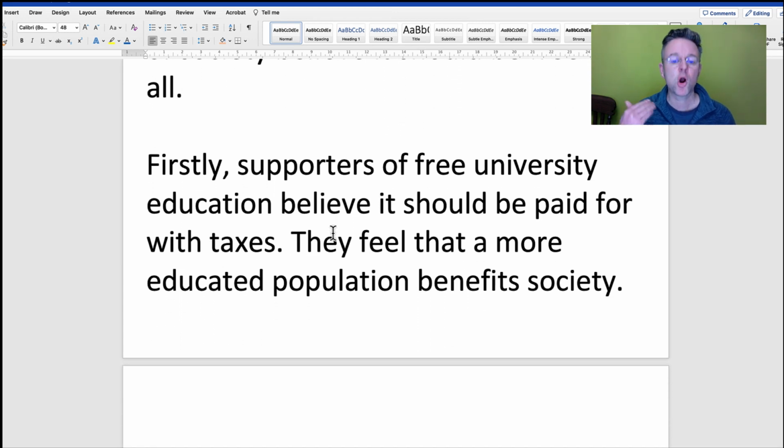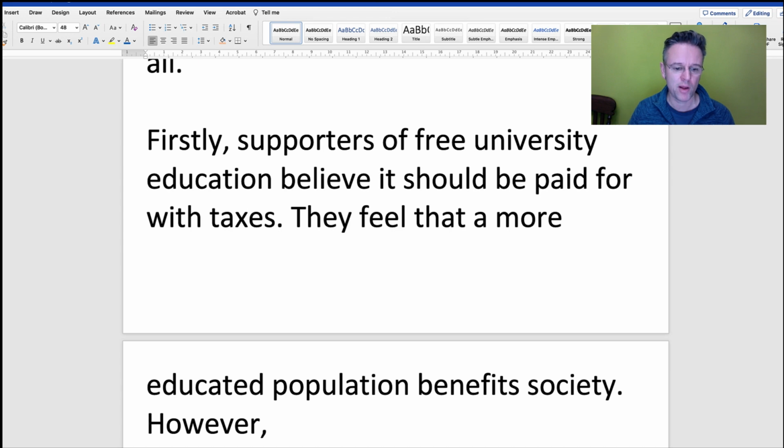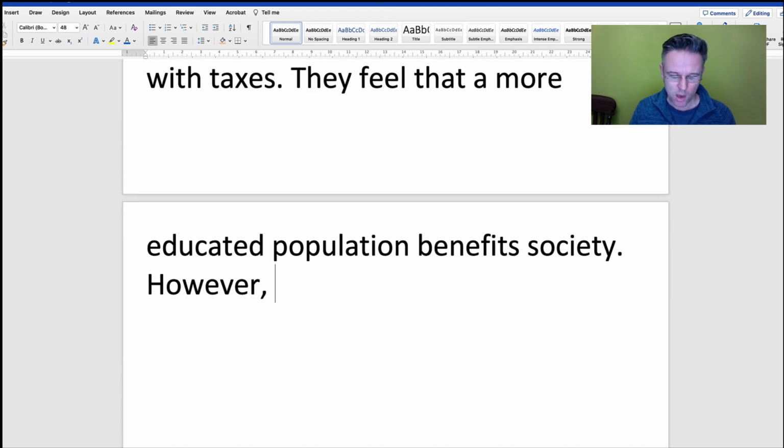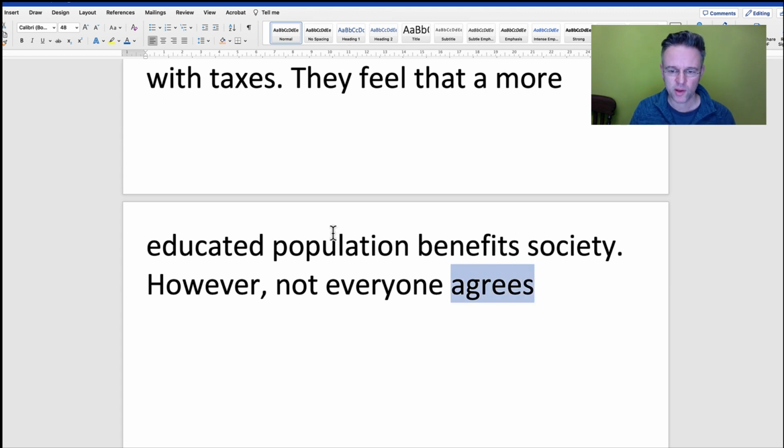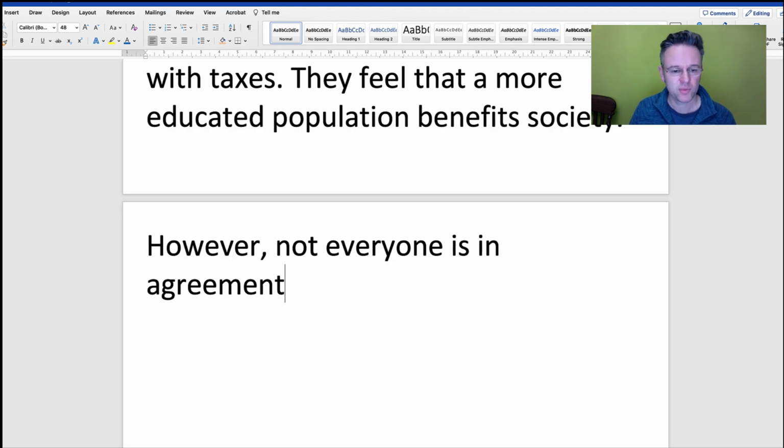Now I want to show some contrast because not everybody thinks this. So I'm going to start with however, comma. Not everyone agrees. Actually, something a bit more fancy. Not everyone is in agreement. Particularly,